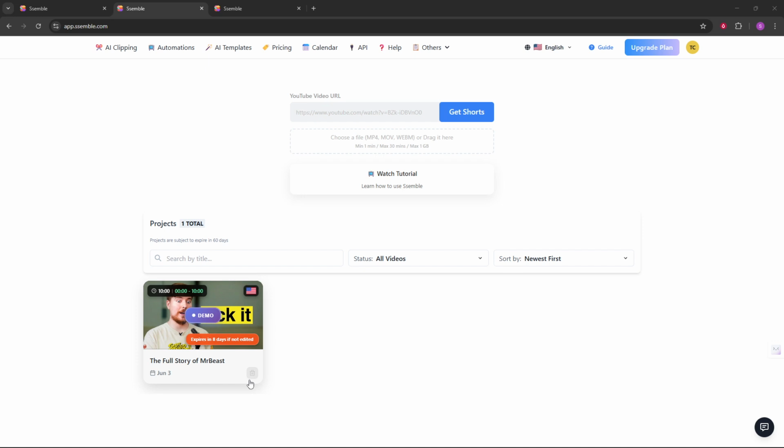A few quick tips before you finish up. If this project contains assets or edits you might reuse later, consider exporting the final video or saving key media elsewhere before you delete. Deleting is often permanent and may not be reversible, so having a backup can be a